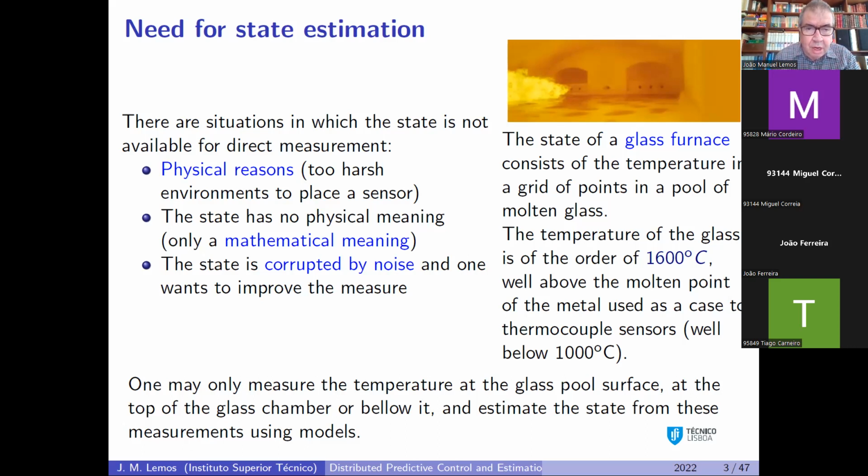stone powder that is entering from the side walls. This cannot be seen here, but there are places in the side walls of this furnace where the raw material is entering. It's basically some mineral powder, and it's melted. And from time to time, what happens is that you are injecting oxygen from this side to burn the fuel, and you are taking the exhaust gas from the other side, from the right, from this arch that you see here. And